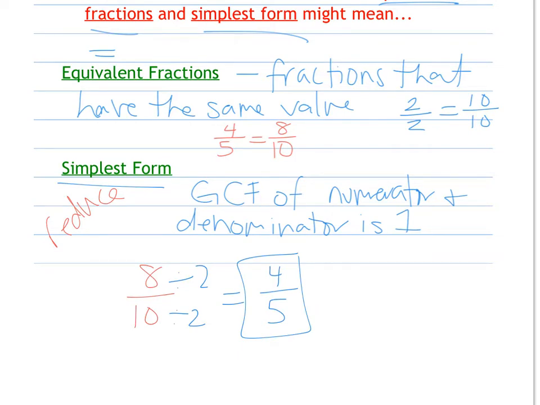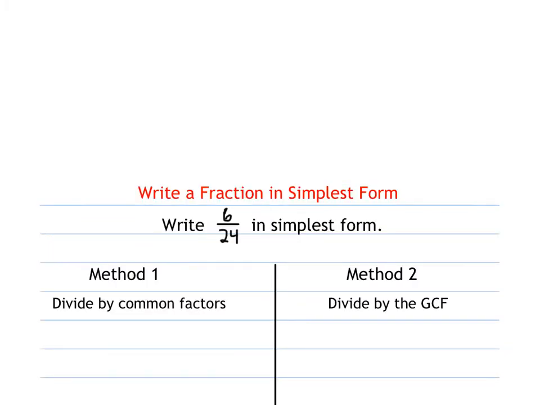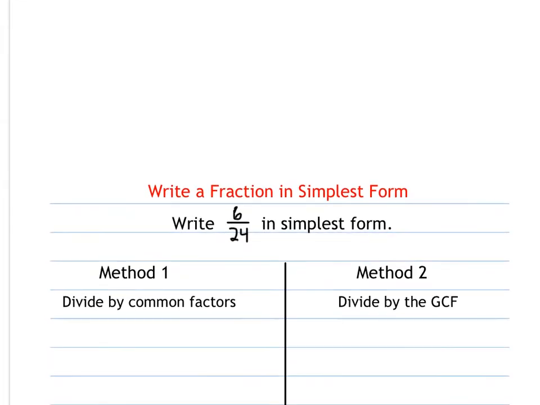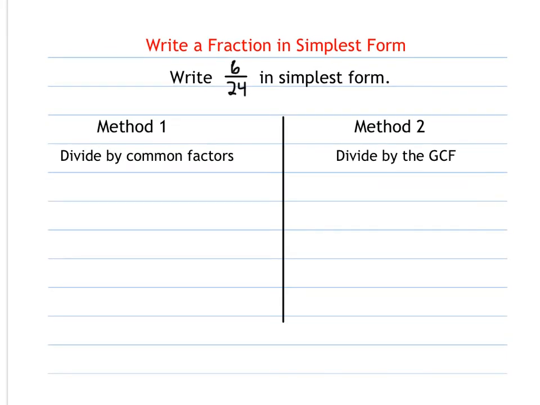So simplest form is when the greatest common factor of both the numerator and the denominator is 1. They don't share anything higher than that. So to write a fraction in simplest form, we have a couple methods that we can use to find that. So the first one is just dividing by common factors. So I write 6/24, and I just pick a common factor, any common factor that they share, to divide by. So I see that they're both even, so I might pick 2. And I see that then that's equal to